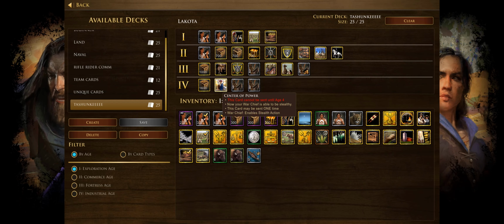And then lastly we have Center of Power, so now your War Chief is able to be stealthy, so the Prowlers can enter stealth mode, and this also allows your War Chief to enter stealth mode, so now you can have a fully stealthed army that's raiding the enemy in this case. And then lastly I should mention you can get a 10% HP bonus boost from the Horsemanship big button from their farm as well. So those are kind of all the card upgrades you can get